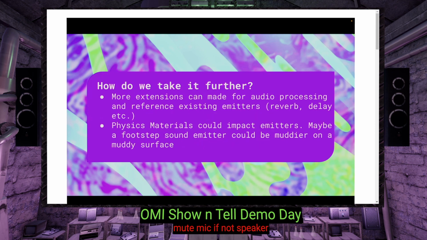And how do we take it further? More extensions can be made for audio processing. That's, to me, very interesting. You could take an emitter and then filter it. Maybe you have an extension for reverb, delay, or something else. You can then route the emitter into that and do those behaviors. And physics materials are also really interesting because physics can impact an emitter.